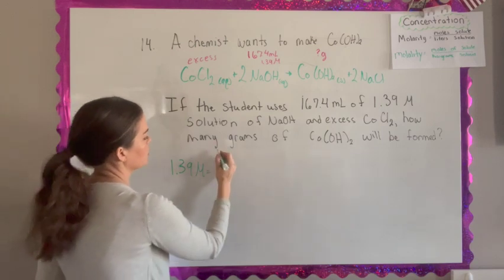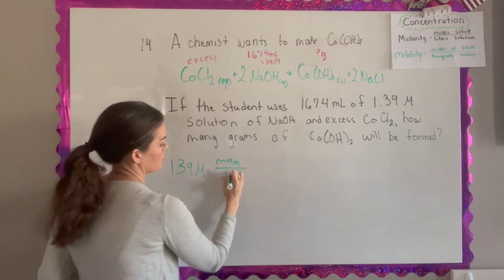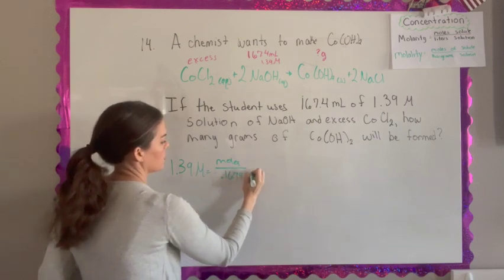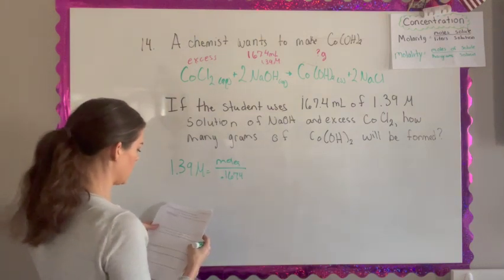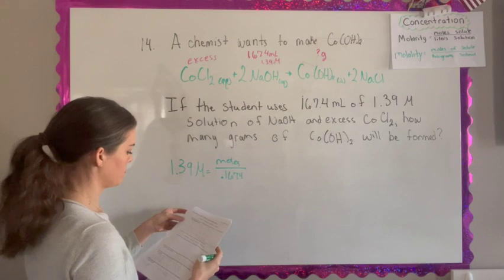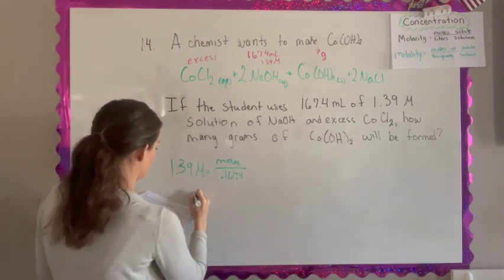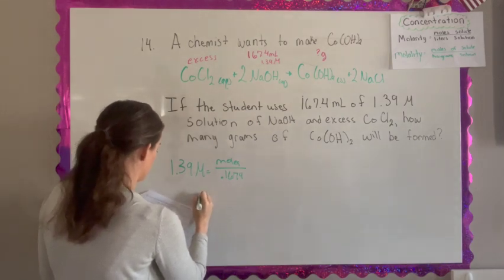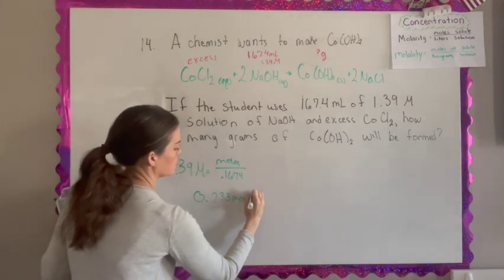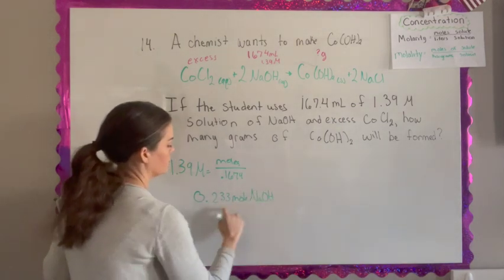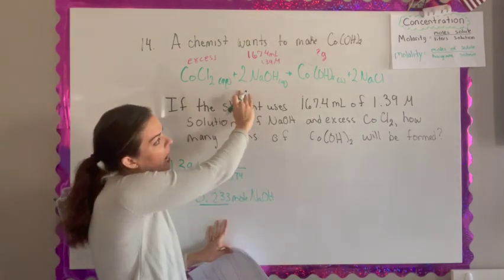And it's moles over liter, but I don't know moles. I do know liters. Of course, it's given to me in milliliters, so you can do that quick conversion. And so if I multiply these two numbers, I get 0.233 moles of NaOH. So if I know how many moles of NaOH I have, I can go to moles